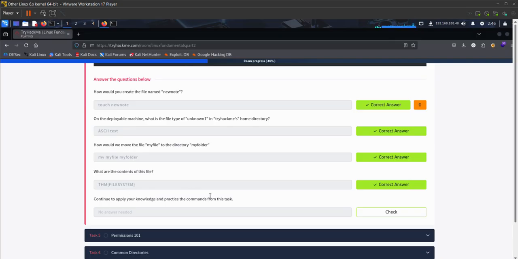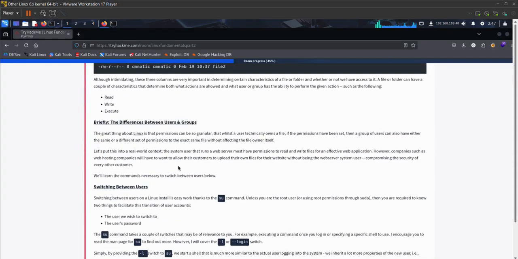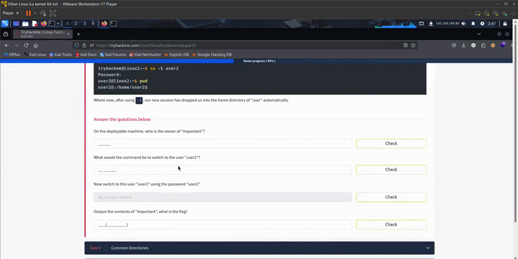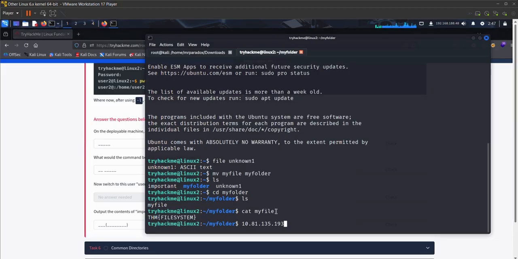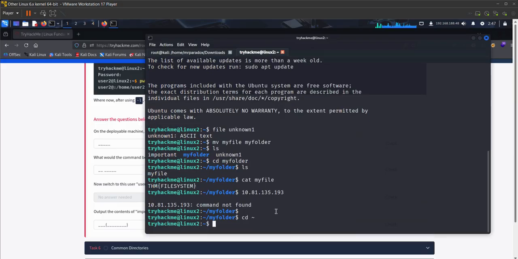Continue to apply your knowledge and practice the commands from this task. Check. Permissions 101. On the deployable machine, who is the owner of important? And we must change directory to the root directory and ls -l important.